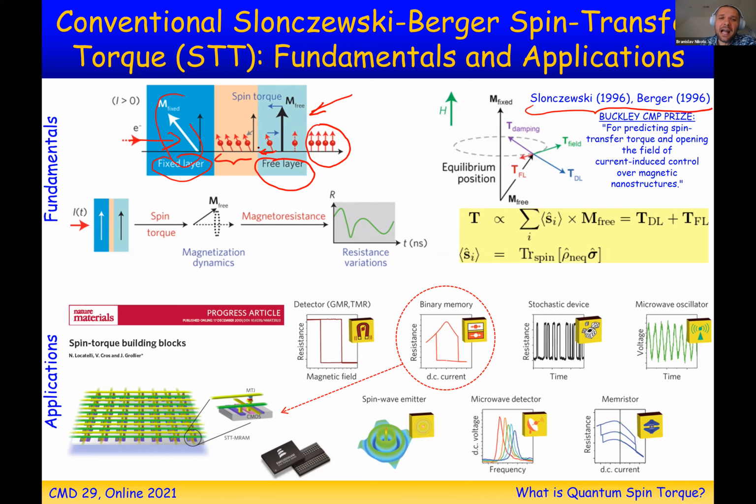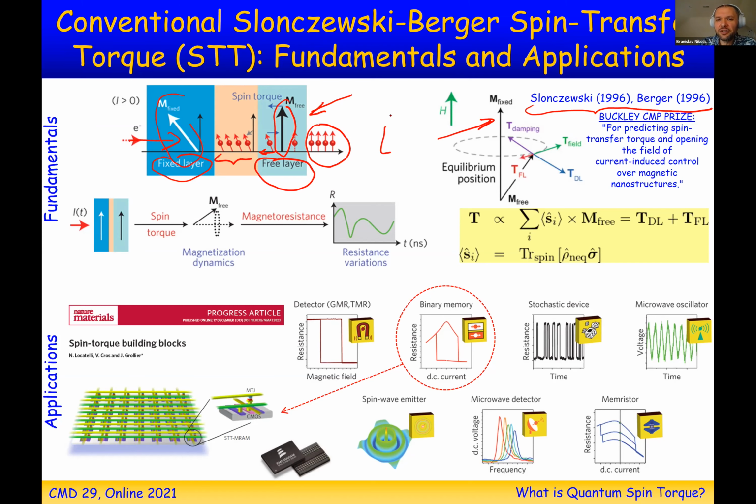And the question then is how you're going to treat the dynamics of this magnetization. Essentially, the second layer is now absorbing spin angular momentum. That's the meaning of this transverse component disappearing. And this magnetization is going to have dynamics due to that absorbed spin angular momentum. And then you can ask yourself, should I use quantum mechanics on this or some other formalism? And the standard in the spintronics community for the past 25 years has been to actually consider this fixed magnetization as a classical vector of fixed length.